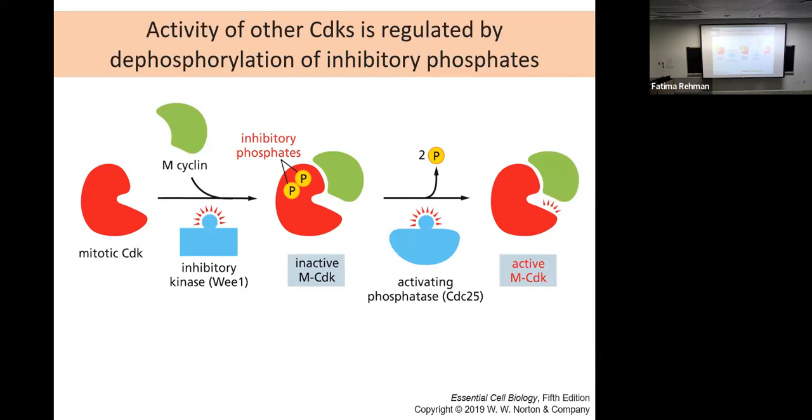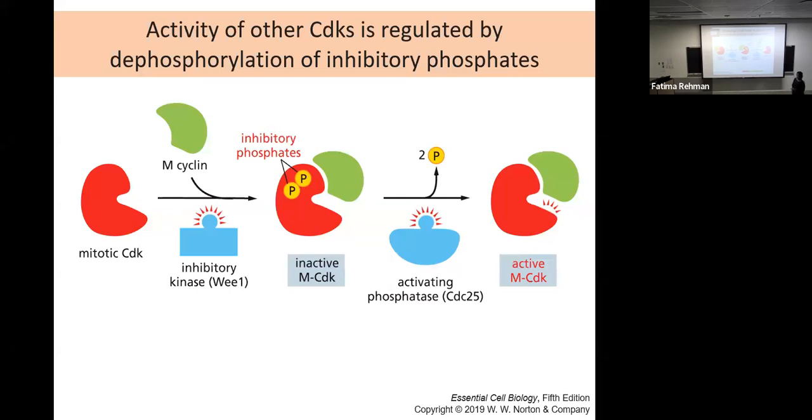So one of them is the inhibitory kinase WEE1. If the inhibitory kinase binds and puts phosphates on this mitotic CDK, CDK1, then even when the MPF, or the cyclin B, is bound to it, it's not going to be active. That's essentially all of G2. Okay, so your M cyclin, which is cyclin B, binds to your CDK1, but it does not activate it initially because you have WEE1 phosphorylating CDK1 and keeping it inactive.